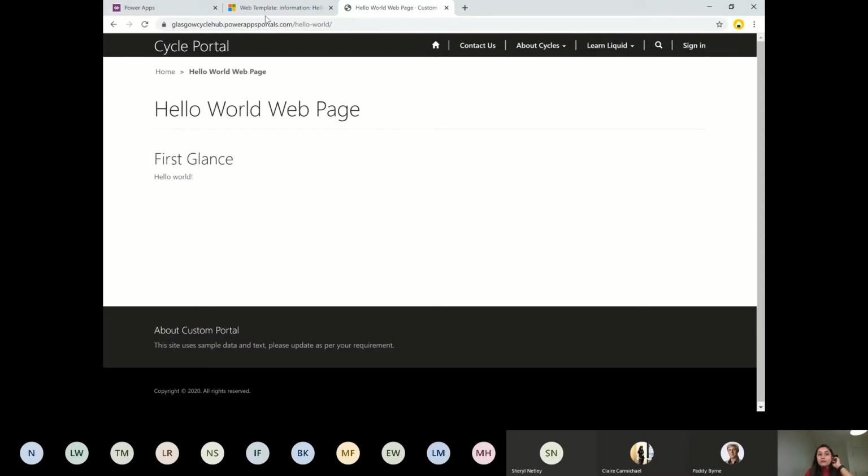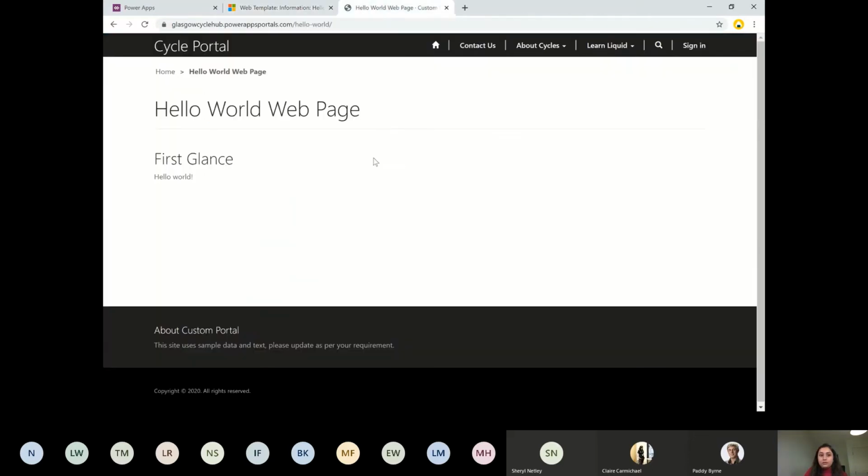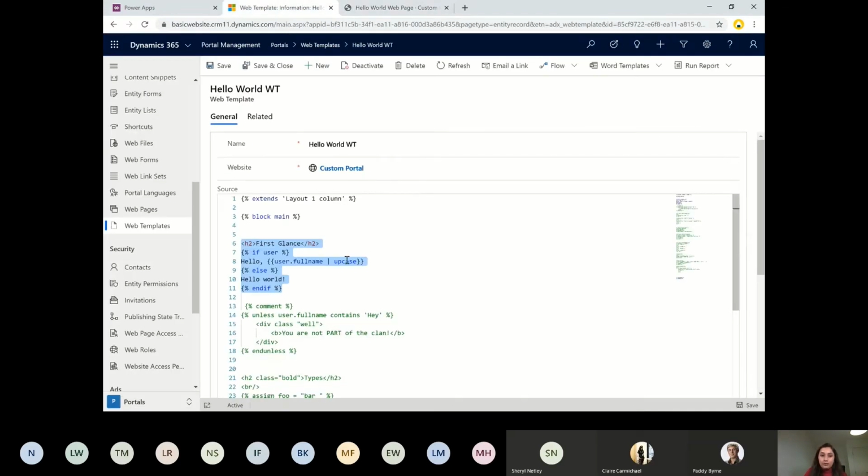So basically whenever we write liquid, it's a best practice to always print and see whether the logic is working correctly and then go further, because we don't have a debug option here where you put a breakpoint and it shows you where the error is. It's very tough to identify the error when you have lots of lines of code. So write even a single line of code and try printing and see whether the logic is working or not. So this is the basic if else, and this is how it works in liquid.